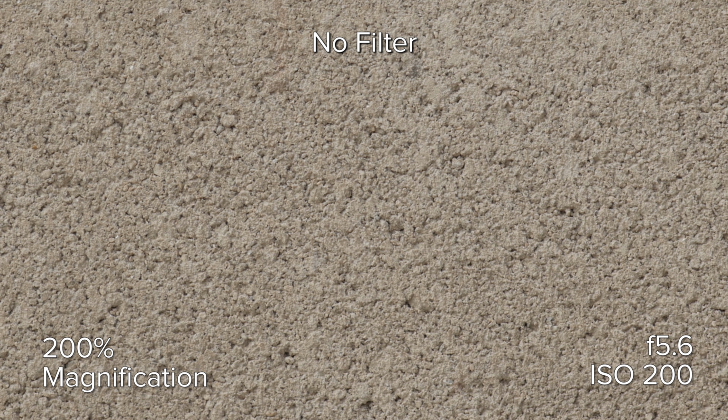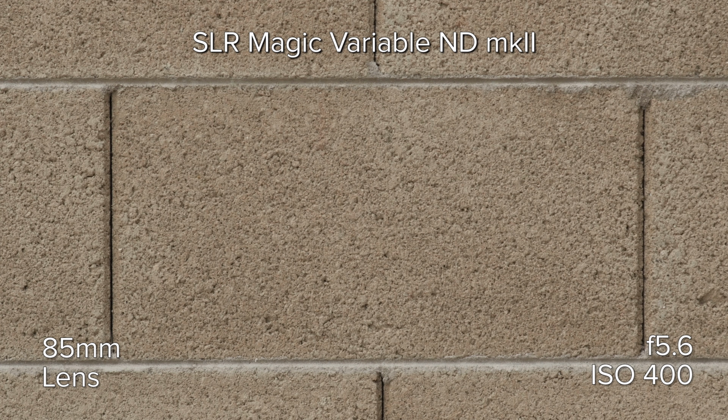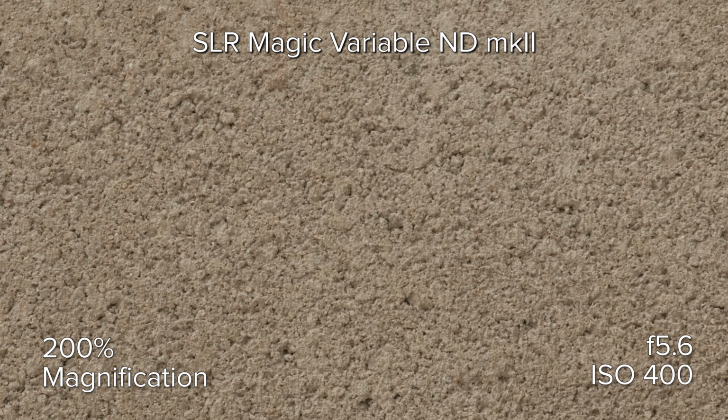So this is without any filters, bare lens, and there you can see very sharp, very clean. With the SLR Magic Variable ND on, that sharpness is still coming through. There might be a very, very minimal hit. And when we're looking at this stuff at 100%, you might notice it. But for the most part, this is almost, if not as sharp as the lens alone, which is really